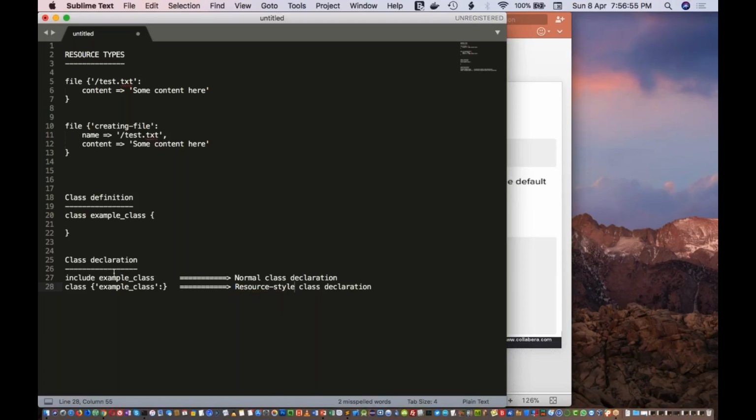Is this clear? Are these two types of class declaration clear to all of you? Is the difference clear? These are the same: when I use include example_class, or if I use class like this, both will have the same result. Both will execute the content inside this class.